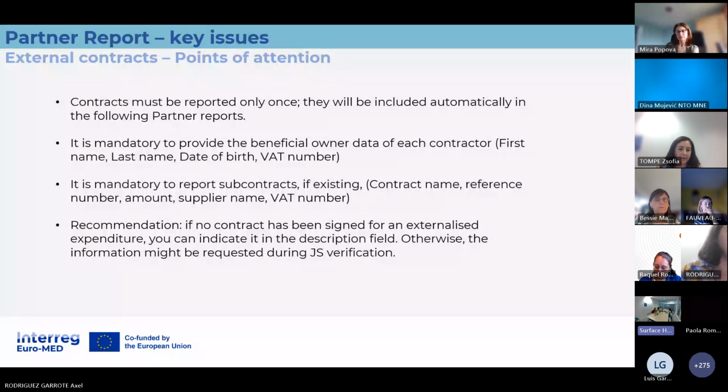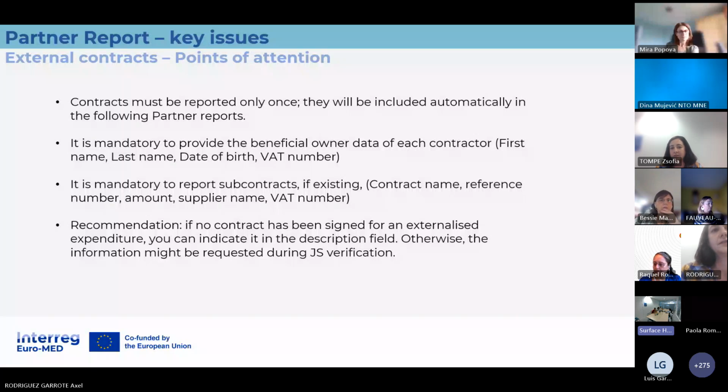Our recommendation: if no contract was signed for an external expenditure, you can indicate this fact in the description field, so you can avoid the GS asking these questions.